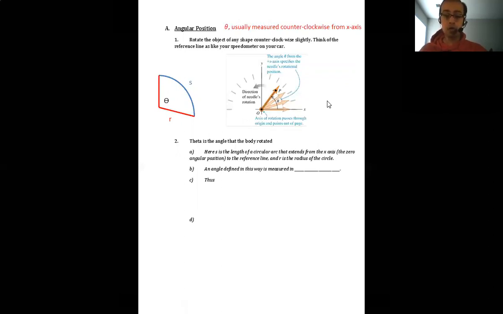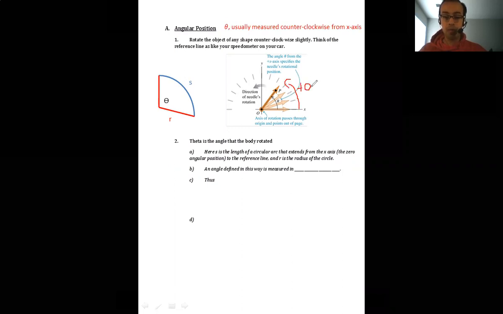And angular position is defined by the quantity theta, and theta is measured counterclockwise from the x-axis. So this is positive theta going that way, and negative theta going that way. Again, this is by convention, and we'll be going over what that convention is or what that means in just a little bit. If we take a look at the distance of the arc, if we define that as s,